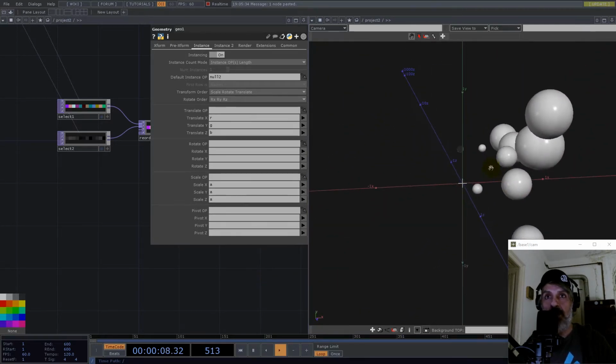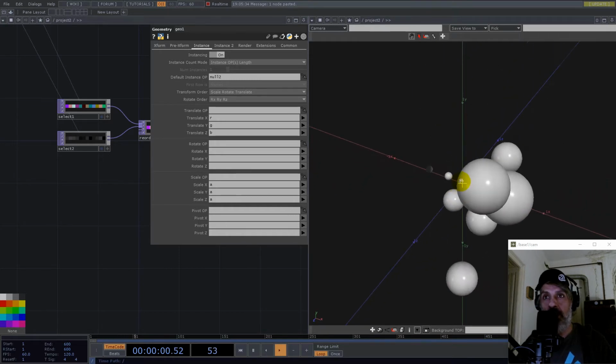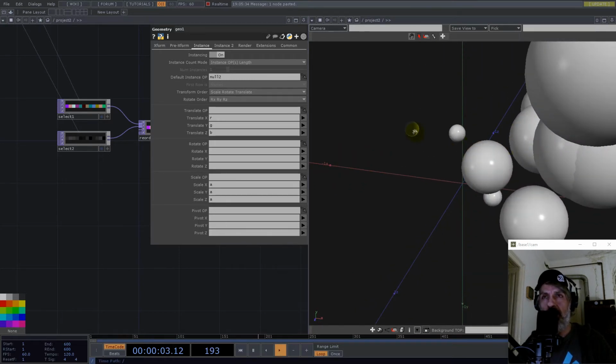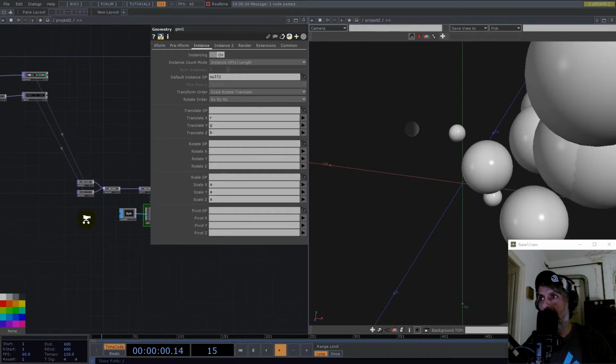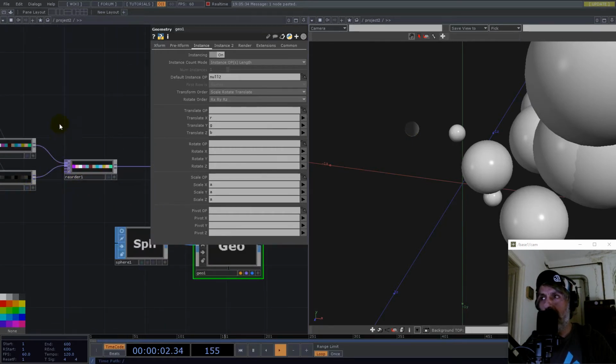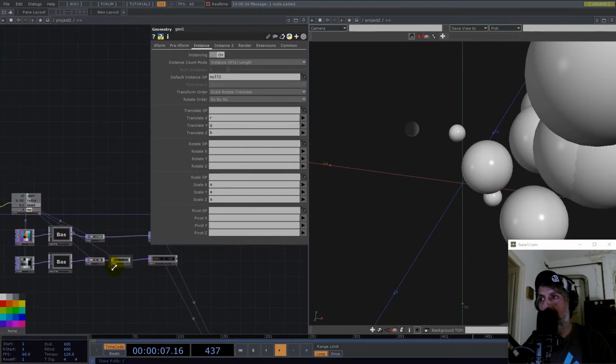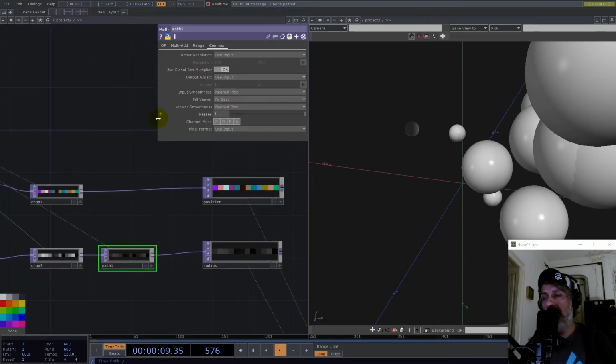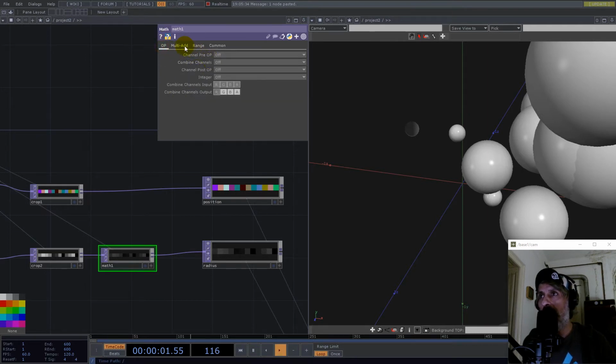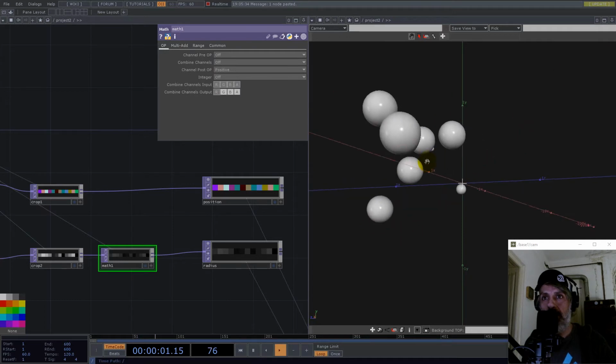Some of them are overlapping, and you see this one here, it's quite black, and this is because the value here for the radius is getting negative, and we don't want that. So here in the same operator where we use that multiplier, we also set everything on positive. Okay, and now we good,